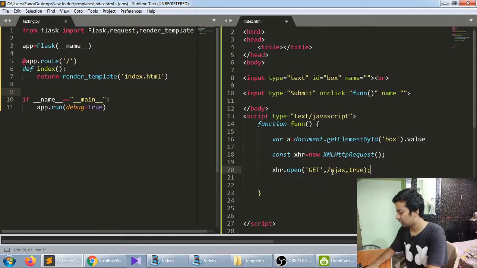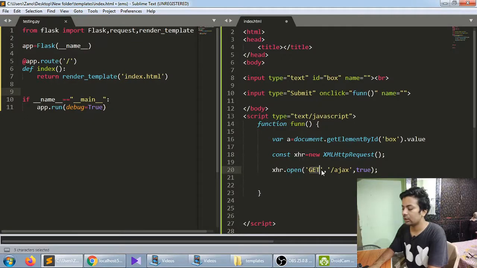Because we don't want it to get blocked here. True means you go on, whether or not any request comes from the backend, and do the other stuff or functions below.